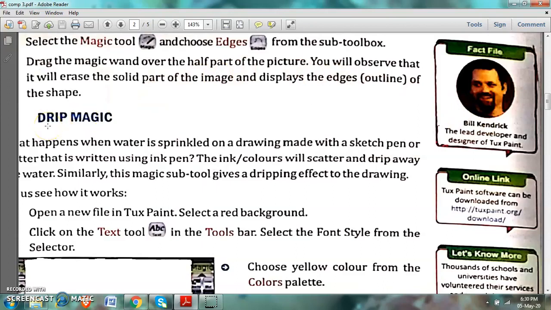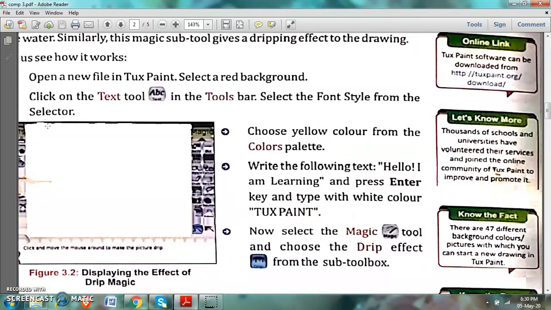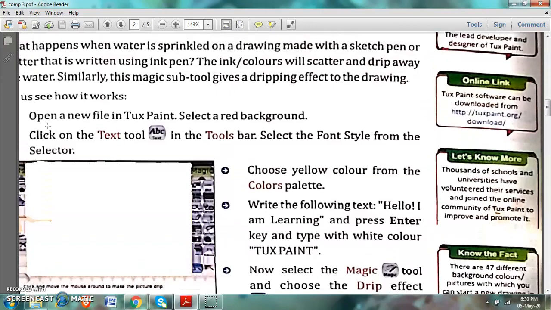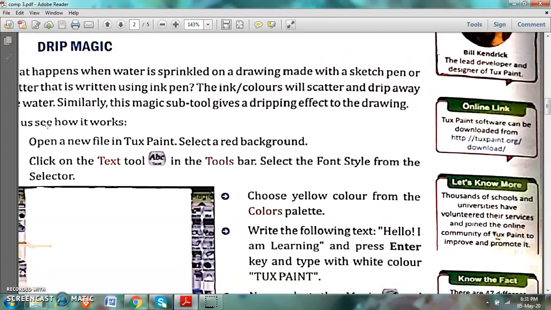Now, drip magic. What is drip, children? See, drip. I told you in the starting, when I was giving the introduction of Tux Paint, I gave you one example of moving your hands with an ink pen.